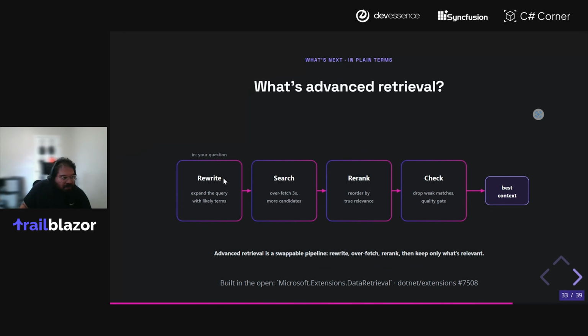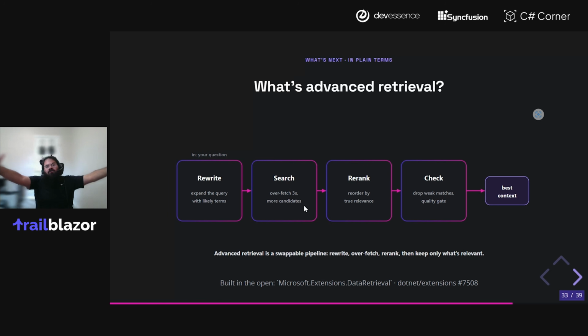The retrieval piece is very much the same. Rather than just doing a naive search, one of the things you might do is a query rewrite. So in comes your question, and then you have AI rewrite or expand the query into multiple related queries and do a fan out search. Even though it may not be relevant, it's fine. Just go ahead and cast a wider net than what you would normally capture with just your question.